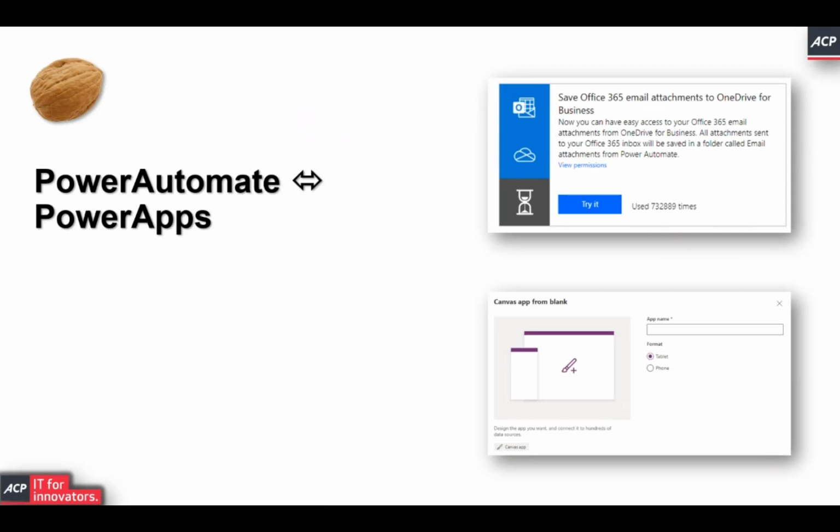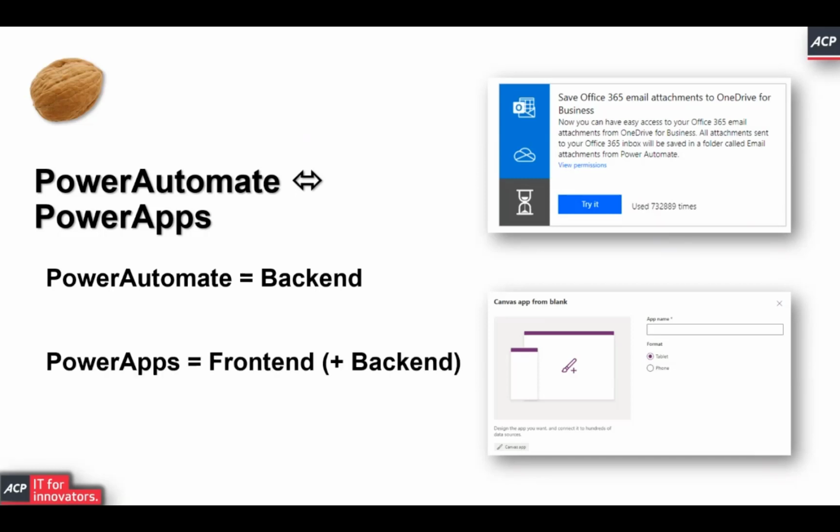Just one thing that I should say, Power Automate versus Power Apps. If you're confused by the differentiation between the two, basically, to me, Power Automate is usually a backend solution. So you need other things that provide the user interface for you. Usually that would be if you worked just in place with what you have, for instance, SharePoint or Microsoft Forms, but you could also use other sources as well. Whereas Power Apps is more front-end plus back-end related. You also have a back-end in there because you have your own language that you can put things together, but Power Apps is very much focused on putting together beautiful UI that you can use.